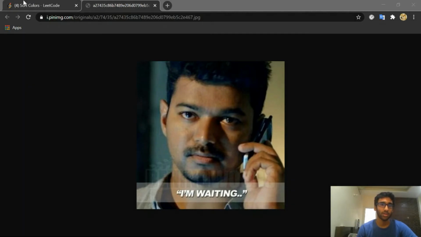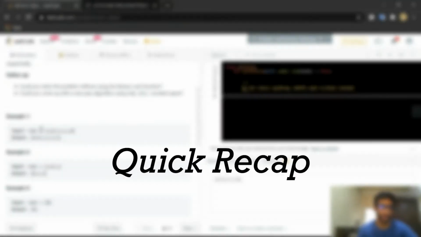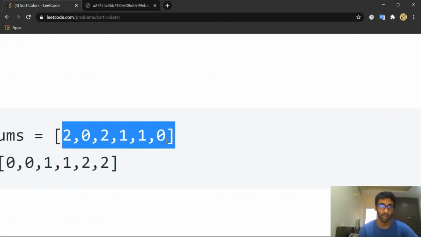Now let's implement this logic in Python. Quick recap of the logic. Suppose we have an array like this. We need three pointers: pointer i, pointer j, and pointer k. Pointer i will traverse from the first unvisited index to the last unvisited index. For every zero the pointer i finds, we swap zero to its correct position. What is the correct position for zero? It's the first position, so pointer k will be pointing to the first position. We swap 0 to its position and increment k for the next 0 to hold its correct place. And for every 2 the i pointer finds, we swap 2 to the last position.